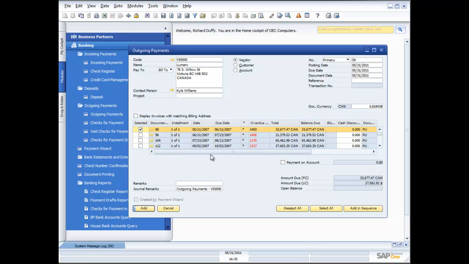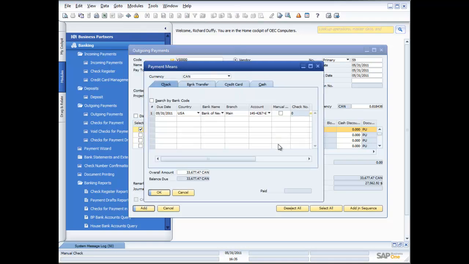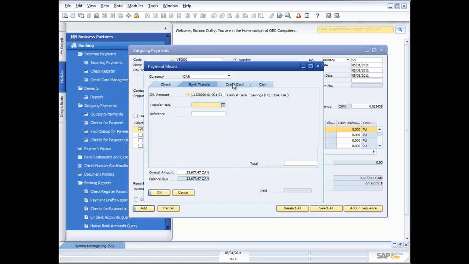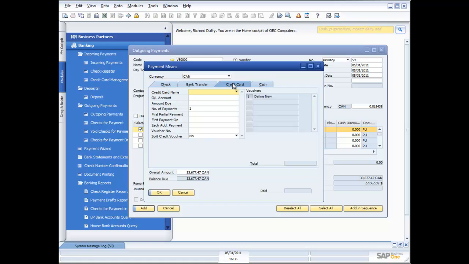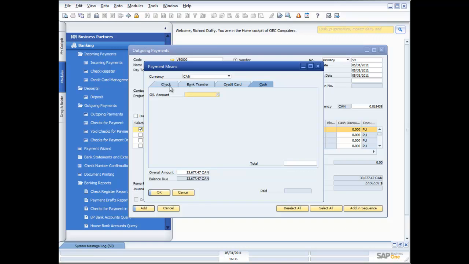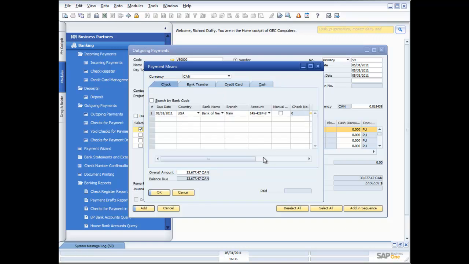The next thing I need to do when I'm doing that payment, before I can generate it, is I also need to go and specify how I am going to pay it. So am I going to draw a check? Am I going to do a bank transfer? Am I paying via a credit card and Business One will manage that process for me? Or am I going to pay it by cash? In this case, I'm going to draw a check